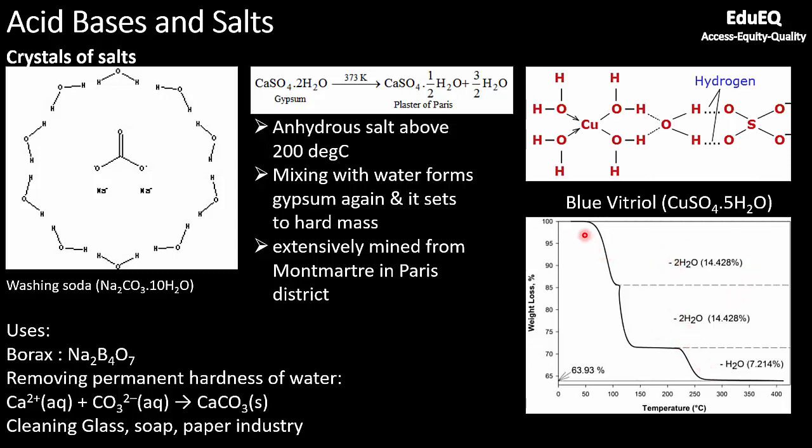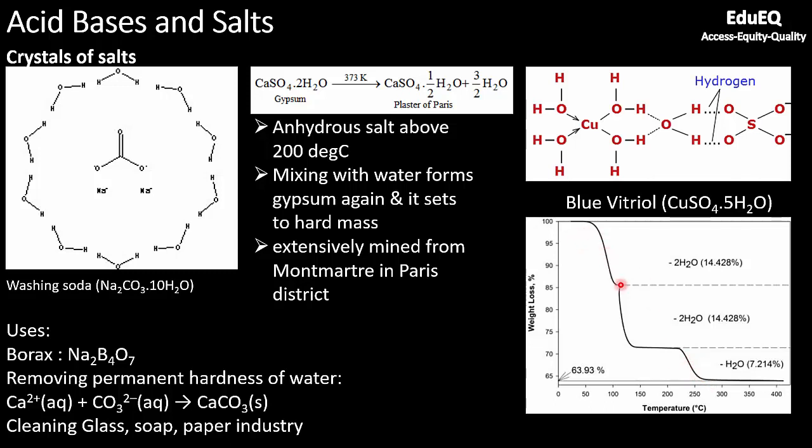But the message here is that these water molecules are bonded to copper and also to the sulfate with different forces, and based on how weak the bond is, the removal of water will happen. First, the most loosely bonded water molecules will get evaporated at 70 degrees itself, because they are not very strongly bonded. Second would be the 2 water molecules which are a little more strongly bonded than the first 2, and then you need a temperature of maybe 120 for losing those water. And then the final water molecule, which is the strongest of all, will be lost at around 220 degrees Celsius or more.